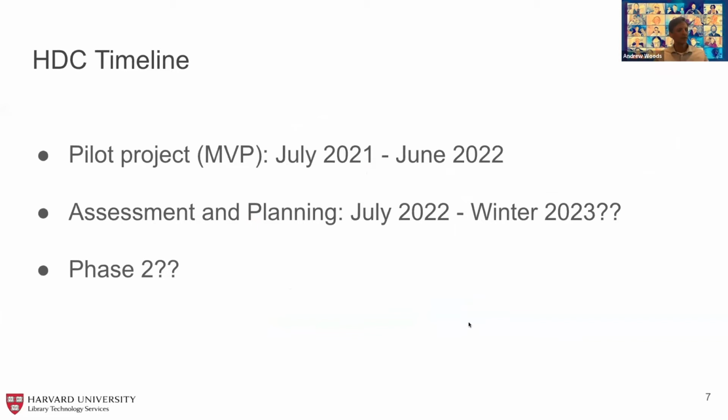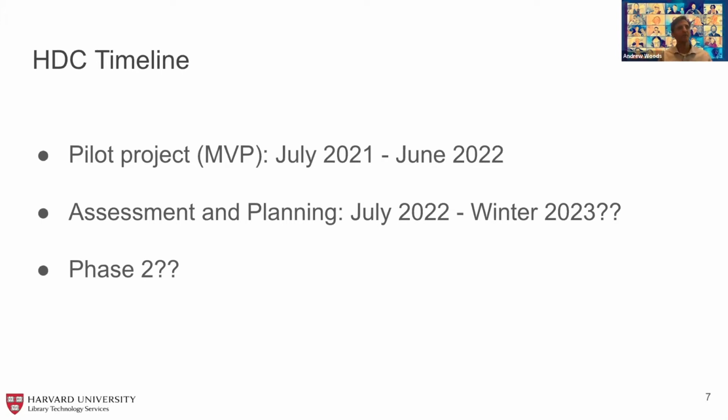There are some question marks here related to the timeline still, but I just wanted to frame the work that has happened and where we are going with Harvard Data Commons. So this project, roughly represented in the diagram that I just showed, has been implemented over the past year. We had a pilot project defined across those different objectives that started last summer and actually is finishing at the end of this month.